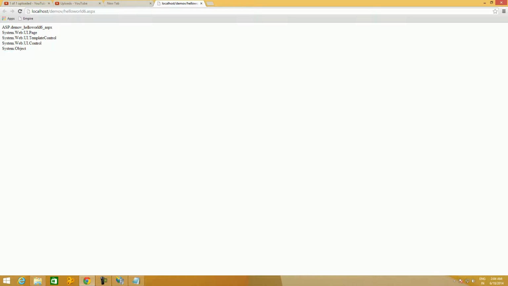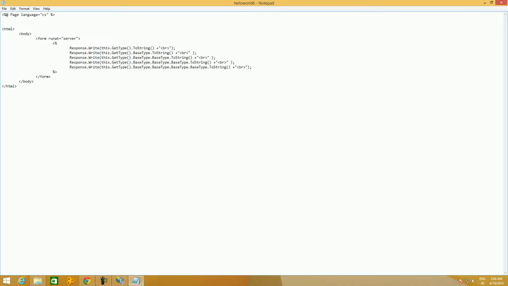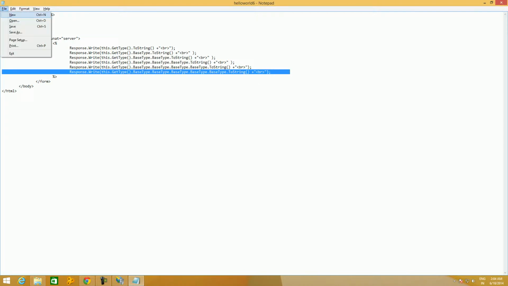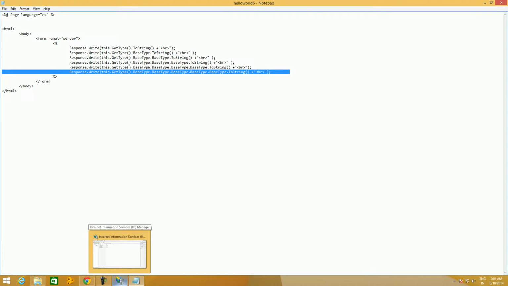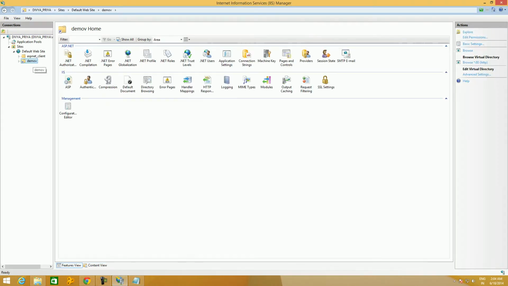So in .NET everything derives from object, even the web page also derives from object. If you try to access the base class of object, it will give an error. It will say that object reference is not set. So I'm writing one more statement here. I'll try to retrieve the base type of the object class, and let us try to refresh it.